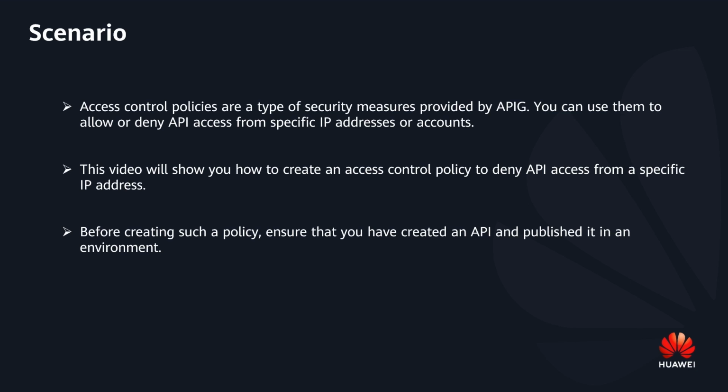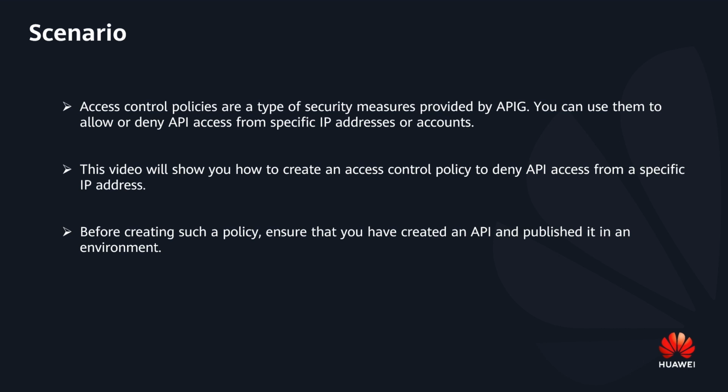Access control policies are a type of security measures provided by APIG. You can use them to allow or deny API access from specific IP addresses or accounts. This video demonstrates how to create an access control policy on APIG to deny API access from a specific IP